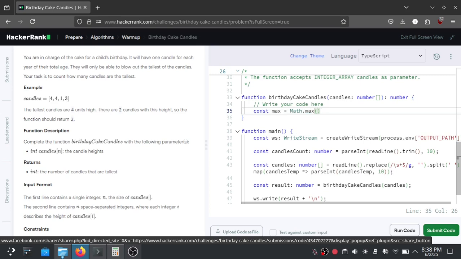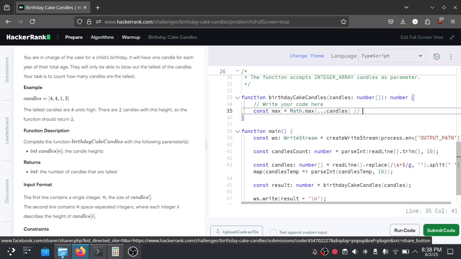Math.max, if you don't know it yet, is about finding the highest value among the other values. For example, if it's inside an array, then we can use the spread operator on the candles.